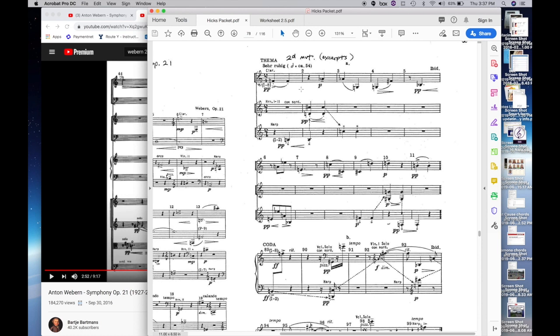But anyway, we've got this melody sort of in the clarinet and then accompanied by these other instruments. And you'll notice that this is itself a palindrome. Here's the center point. But the interesting thing about this palindrome, of course, is that it mirrors the